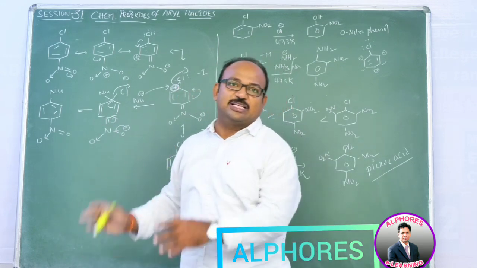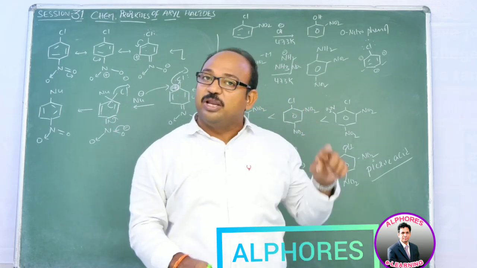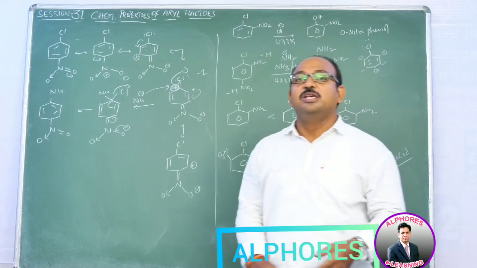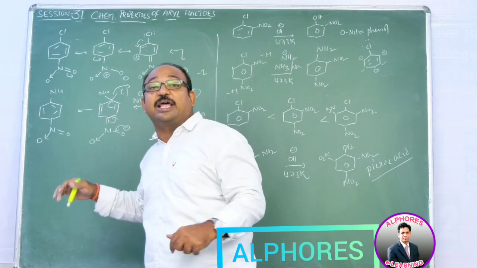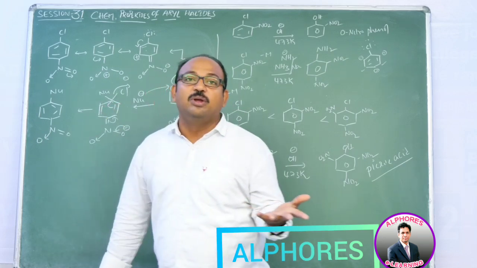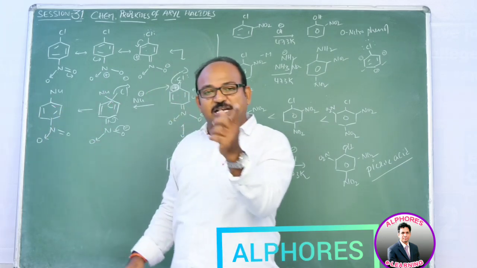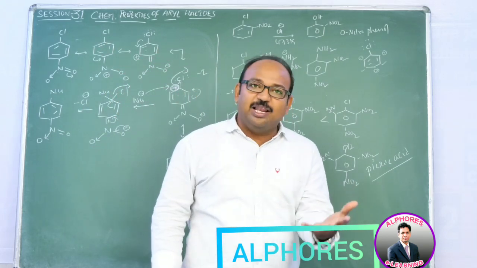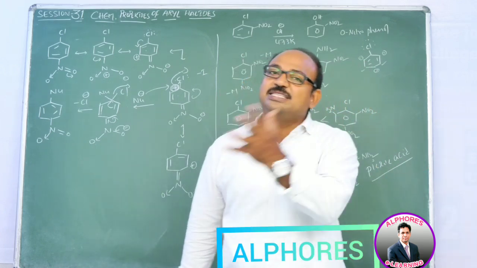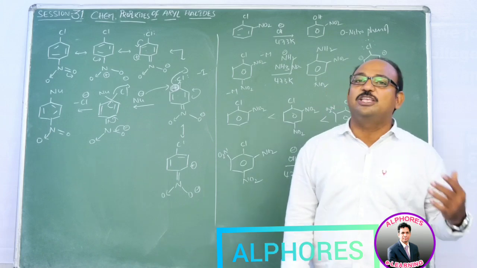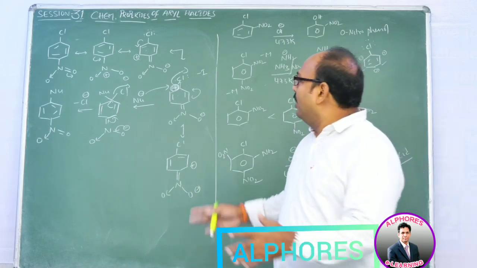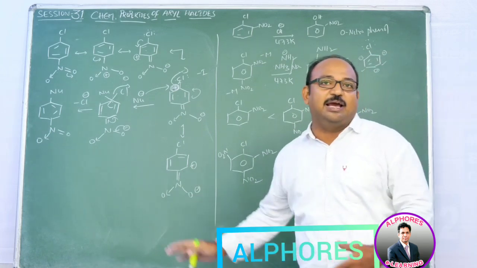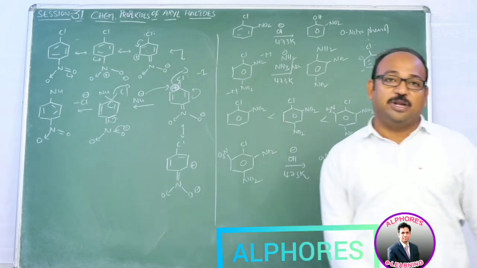So why does Cl have to leave? It should leave, otherwise the ring is going to lose its aromaticity. Aromaticity is the ultimate character to attain ultimate stability, so you don't want to lose it. In order to retain its aromaticity, someone has to leave. That leaving tendency is more for chlorine. That's why it comes out as Cl minus. So overall, if you observe the reaction, that Cl can be easily displaced. That Cl minus is easily displaced by a nucleophile like OH minus or NH2 minus. Now, based on these reactions, we are going to learn many chemical properties of aryl halides. So have a look at those chemical properties.